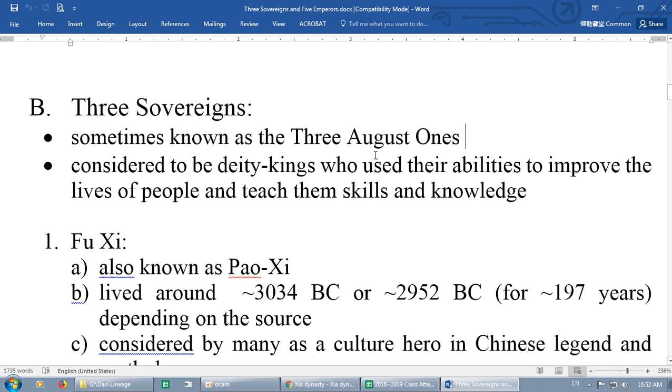Okay, Huang Di together. Now, during this period, they never used the title together. Those two words together, Huang and Di. That usage only started much later, after the warring period, when Qin Shi Wang, you can say the founder of the Qin dynasty, roughly 300 BC, around that time, okay?